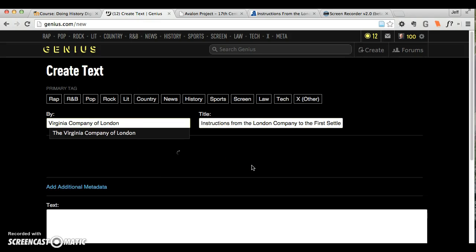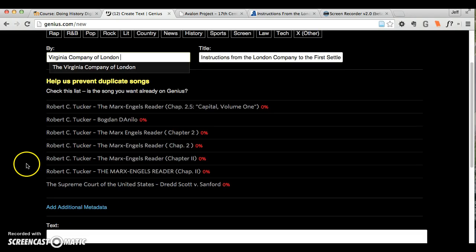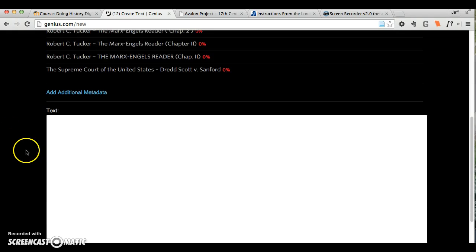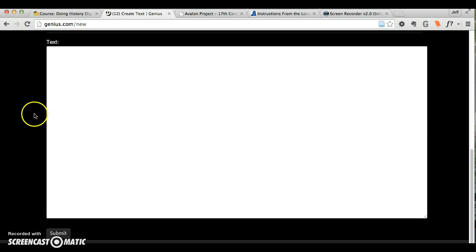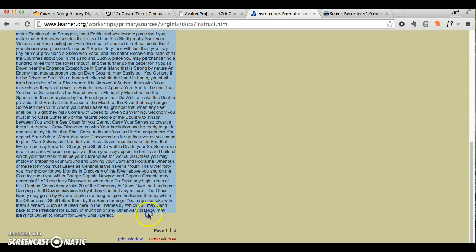Pop that right there. Notice that what Genius does is it tries to see if there's something like this already so that you don't have a duplicate. And they don't officially call them documents yet. They still call them songs. But that's all right. It still works. So I can add additional metadata, and my text goes in here. I'm just going to grab the very first page of the document, copy,